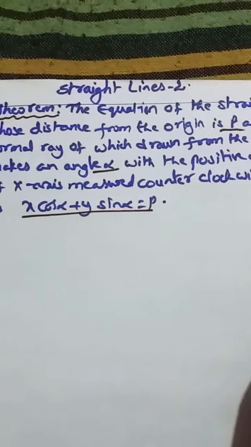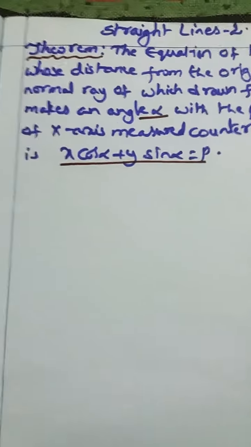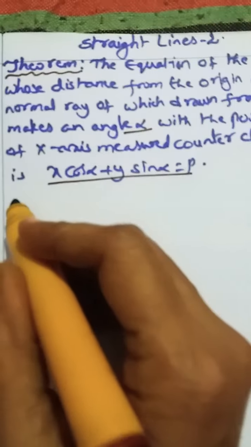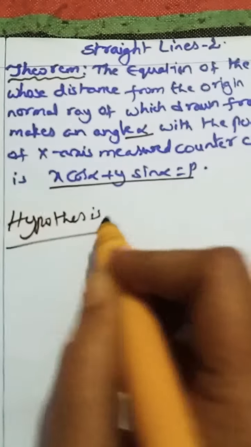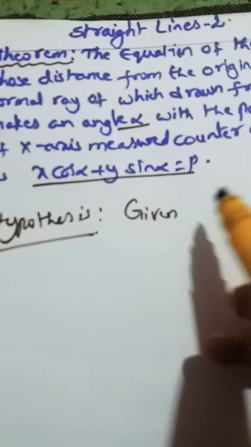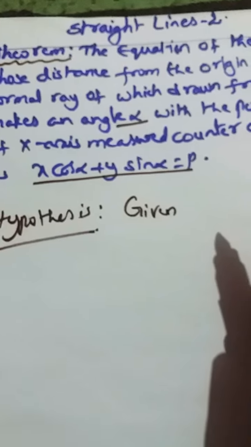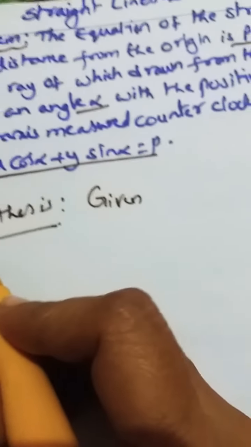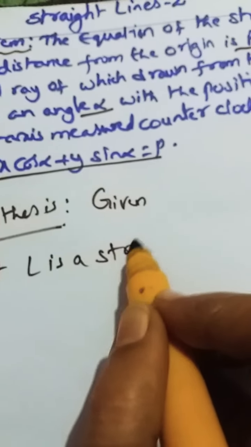So, I told you while solving a theorem, we have to follow some steps. What are those? First one is hypothesis. Hypothesis is nothing but the given statement of the theorem. So, what is given? We are given a straight line. Let L be a straight line